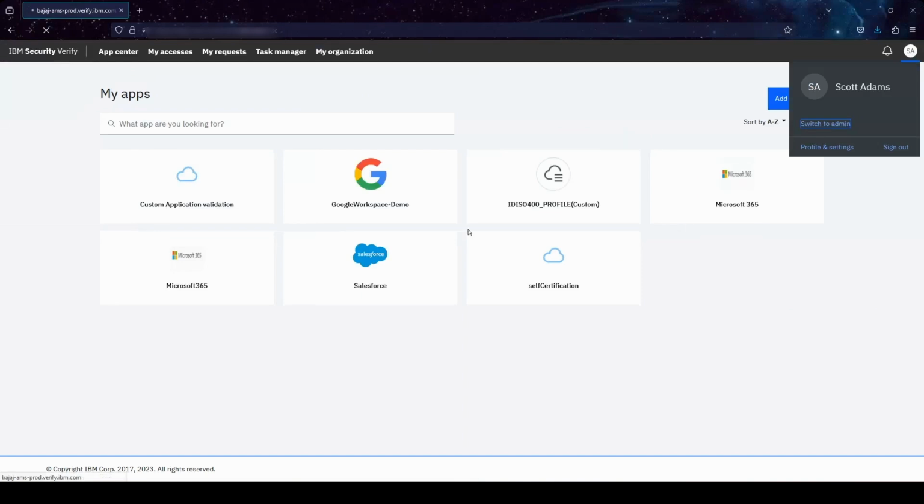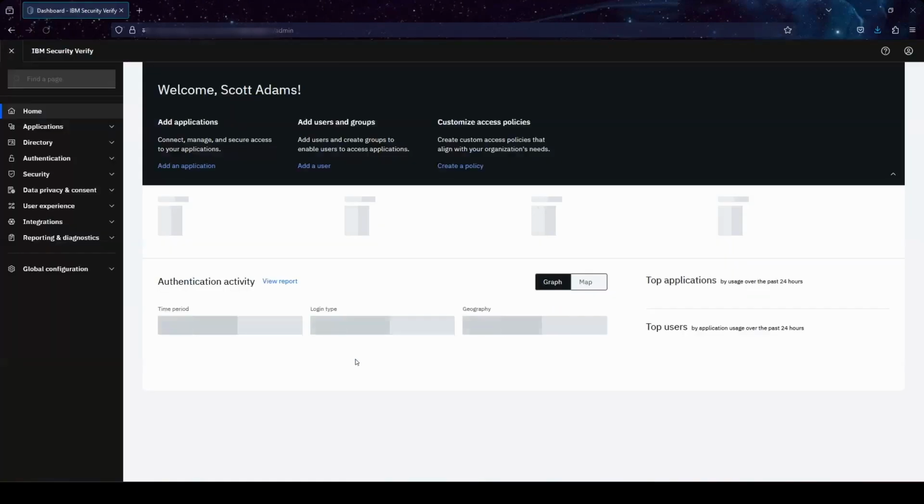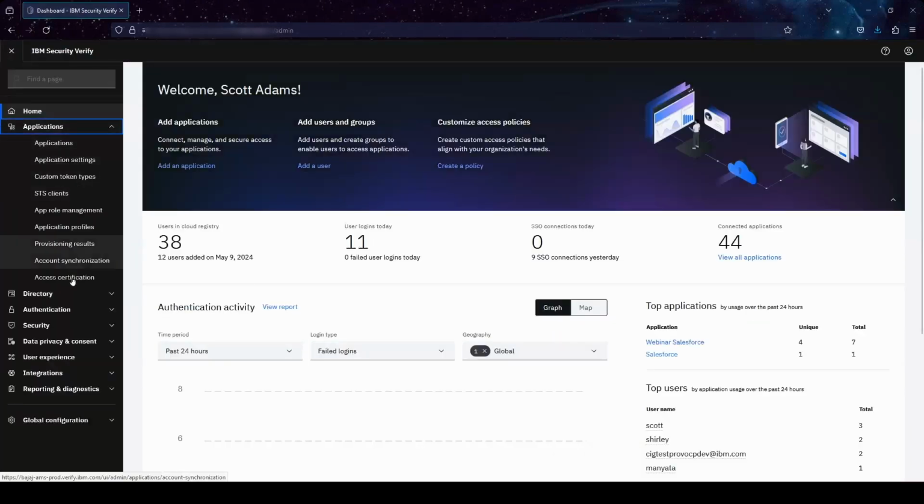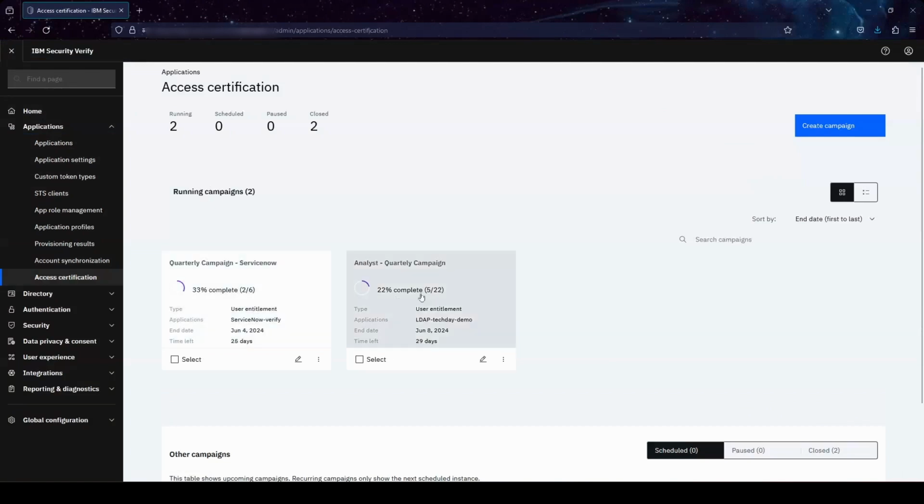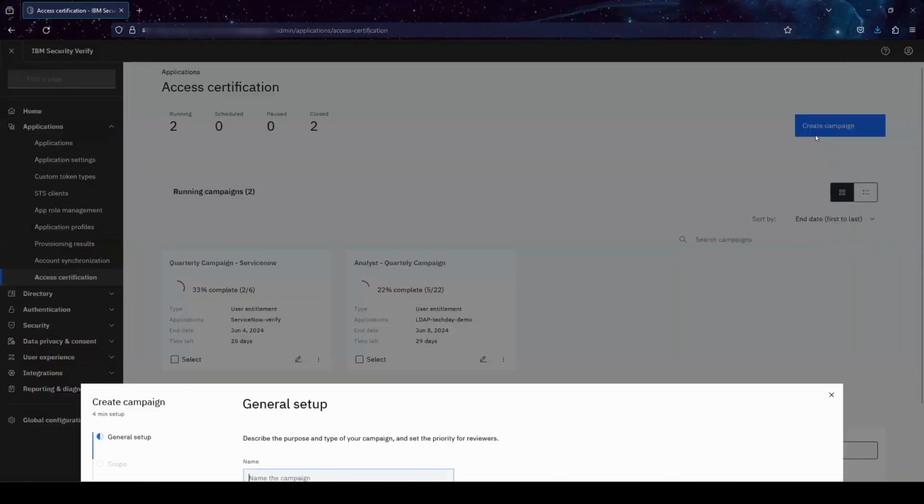I'll move on to the ISV admin dashboard. So under applications, access certification. This is the campaign that we just took actions on. This is the campaign which is ongoing. If you take a look at the configuration option for create campaign,